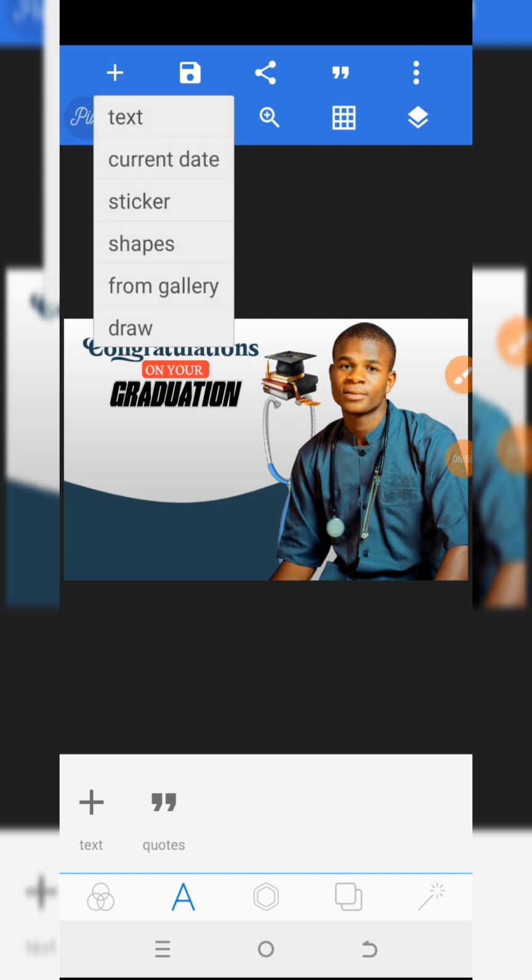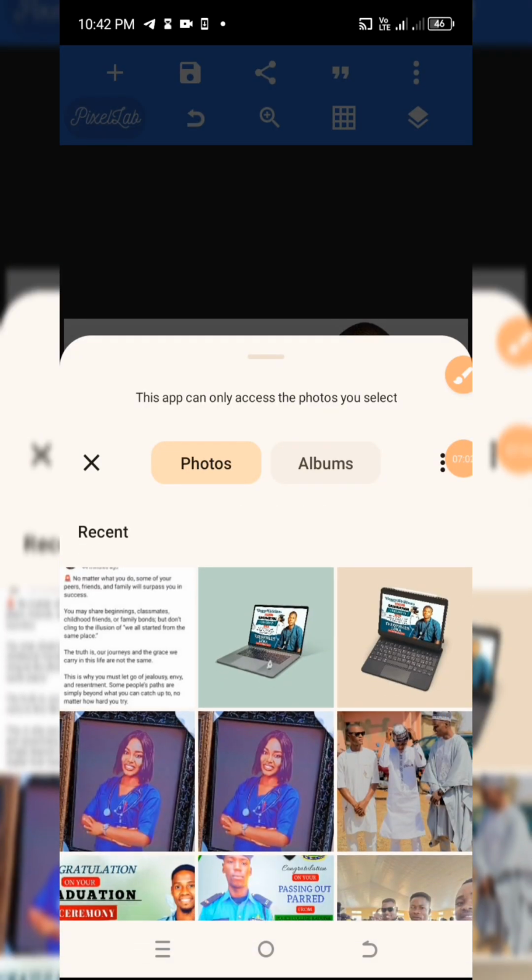So now I will just go to my gallery and just import a kind of